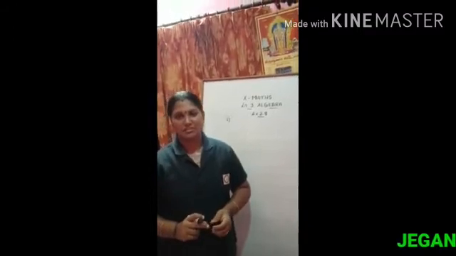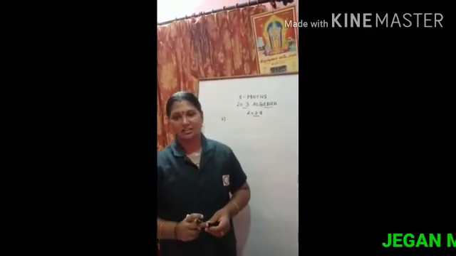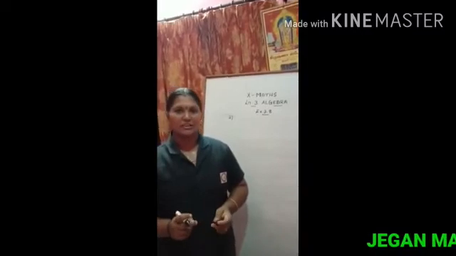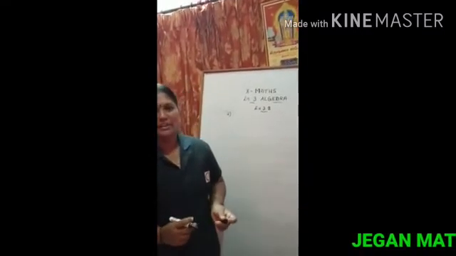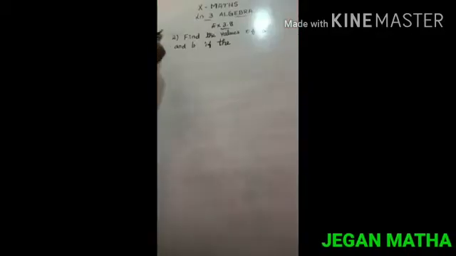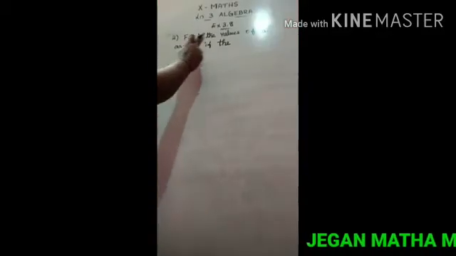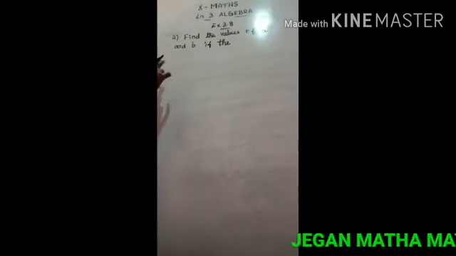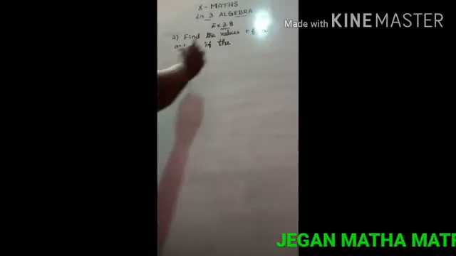Dear students, now we are going to 10th standard maths lesson 3 algebra. This is the continuation of the previous video. Now I explain exercise 3.8 second sum. In the second sum, find the values of a and b if the following